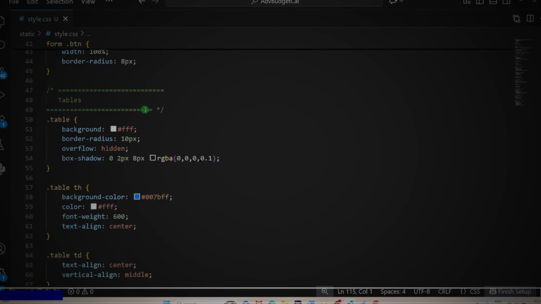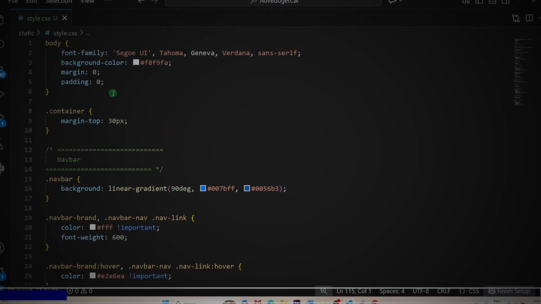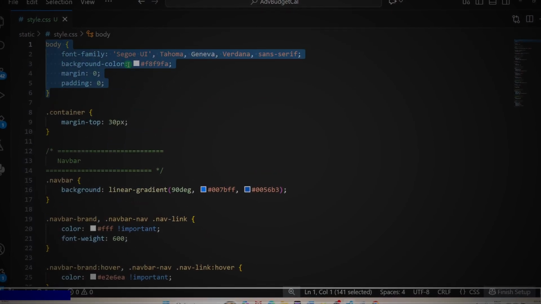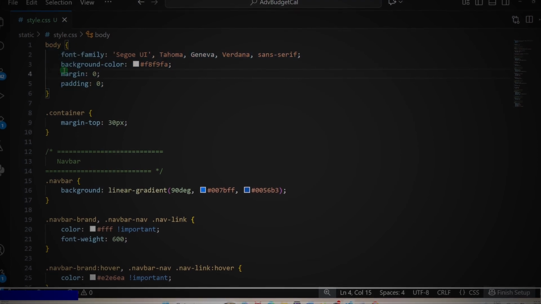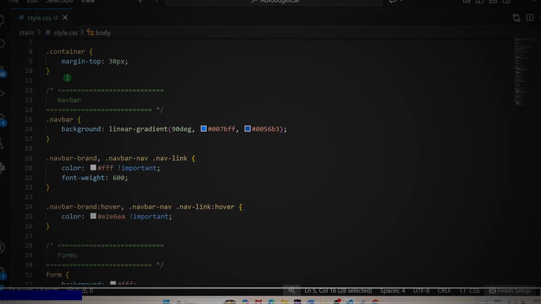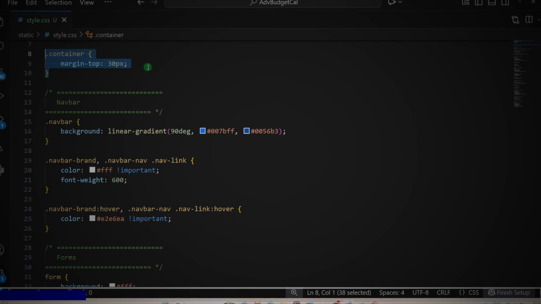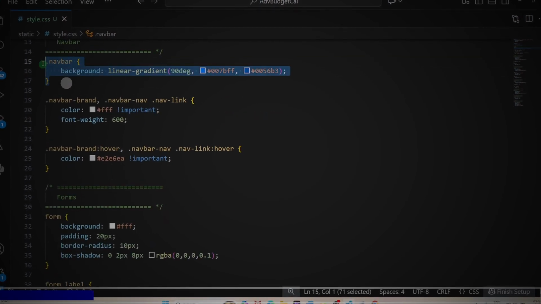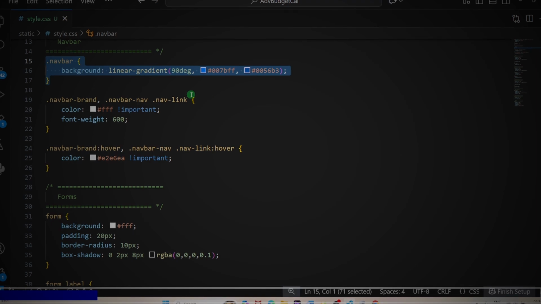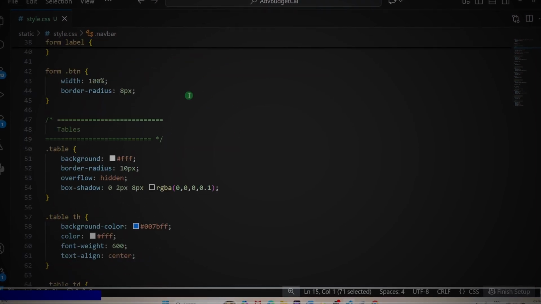Nothing too fancy, just added some of the basic styles. Like for the body, I've added a font family to this, background color white, margin padding 0, all the containers class top margin 30 pixels, and for the navigation I've added some gradient. So it's pretty simple,